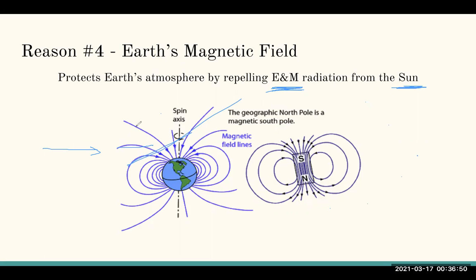When I talk about E&M radiation, it's mainly the solar wind from the sun. I might be getting too into the topic, but solar wind is basically a whole mass of charged particles exiting the sun in a blast. It blasts constantly. It's a lot of mass, somewhere in the millions or billions of kilograms per second, I think. That might seem like a lot, but it's only about one trillionth of the mass of the sun that exits through solar wind per year. So it's not a lot relative to the sun, but for us, it's a lot of mass hitting us, and our atmosphere would not stand a chance against it